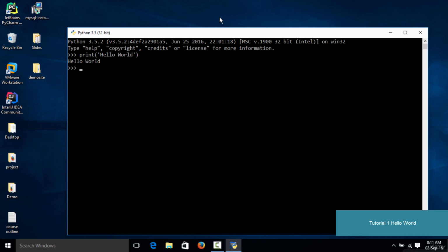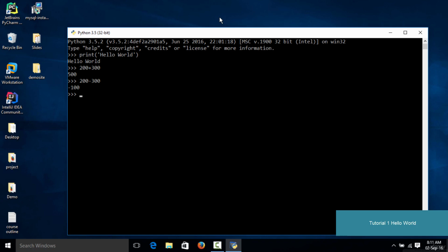For example, let's say you want to add two numbers together, say 200 and 300. In Python you could simply type in 200 plus 300, and when you hit enter, as you can see, you have the result. Similar to addition, you could also perform subtraction. If you type in 200 minus 300, as you can see, you get a negative result.